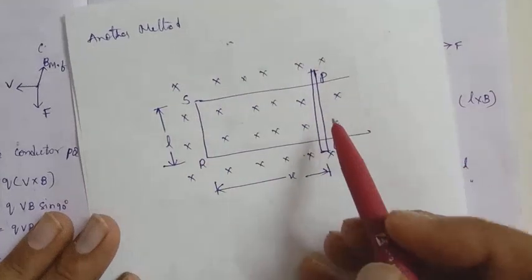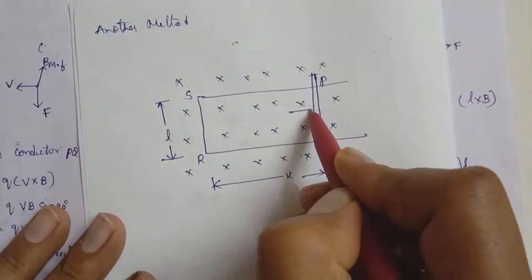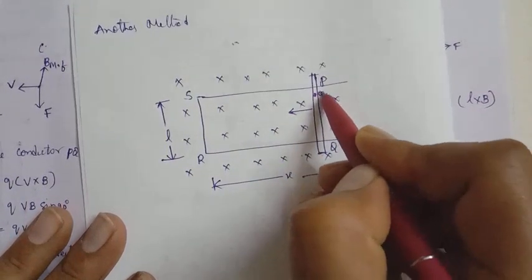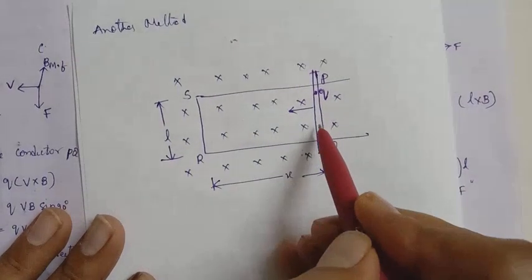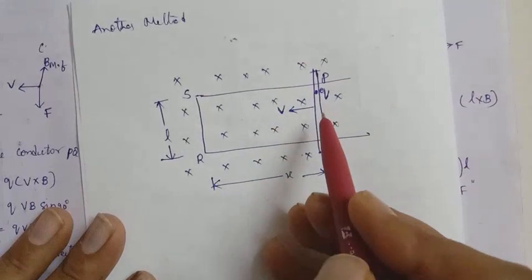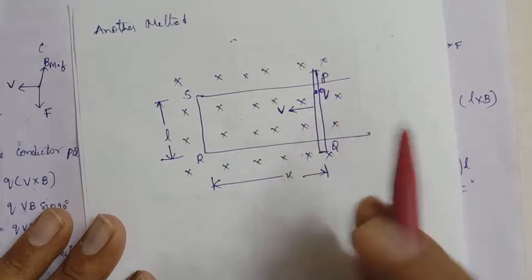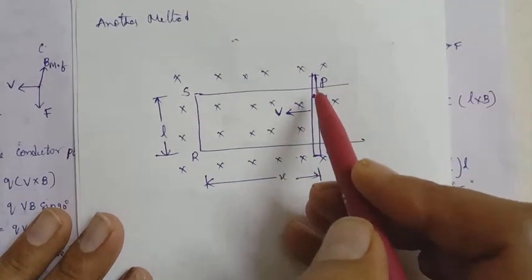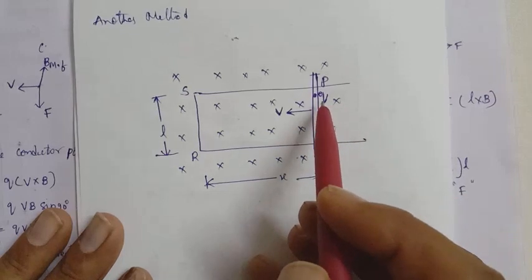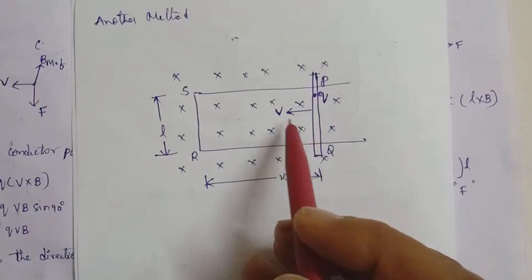So it is a conductor, so it has charges. In that, consider this rod moving to the left side. I am taking one arbitrary charge, Q, the arbitrary charge. If this rod is moving left side with the constant velocity v, then this charge is also moving with the velocity v. Like a person in a bus or train that is moving, the person is also moving with the same velocity. Here also this charge is moving with the same velocity v.